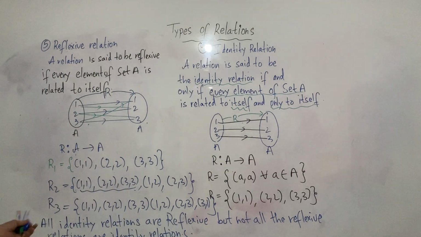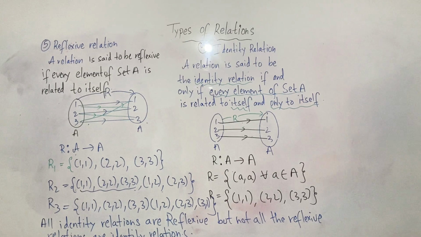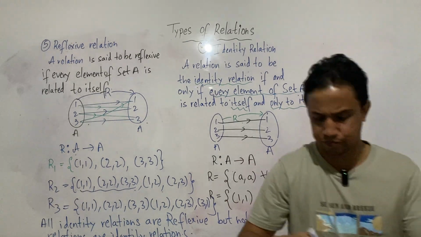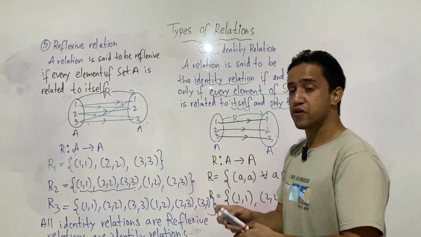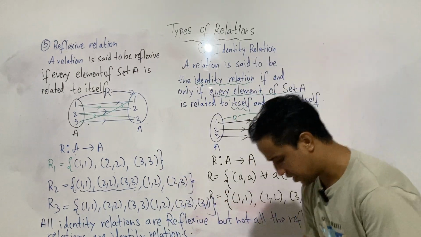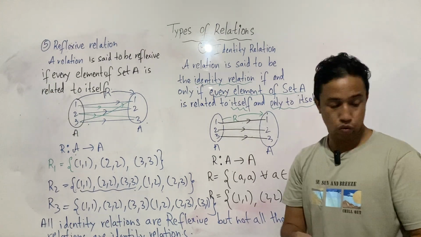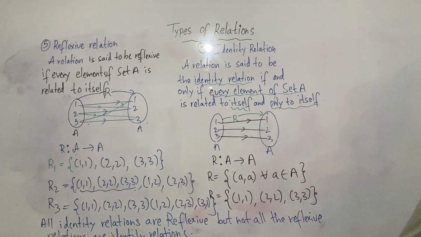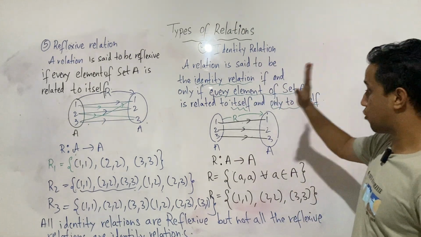Okay, so all identity relations are reflexive relations, but not all reflexive relations are identity relations. Now see here, what's happening: if someone asks you how many identity relations are possible from A